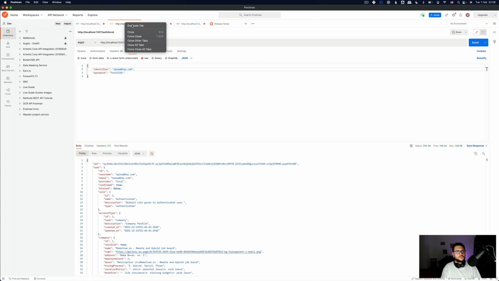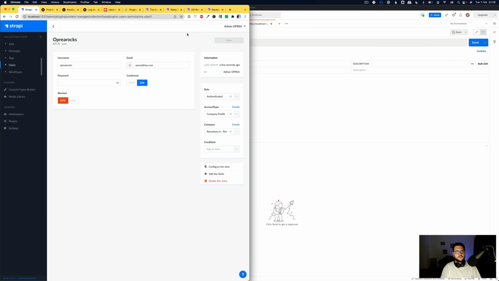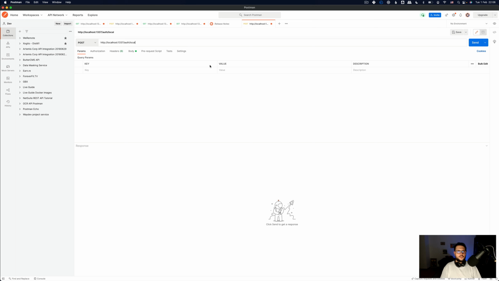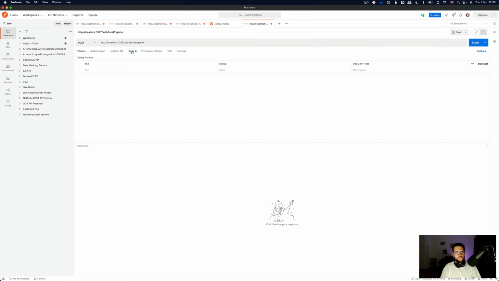So why don't I just duplicate this request, but instead of doing this, we're going to go to the documentation where it says auth local register. And what do we need to provide? Username, email, and password. And we're going to go to body, and we should be... Yeah, okay, I know you love your